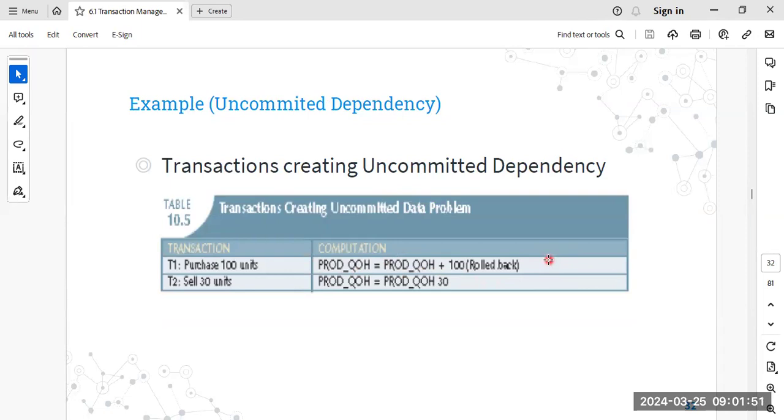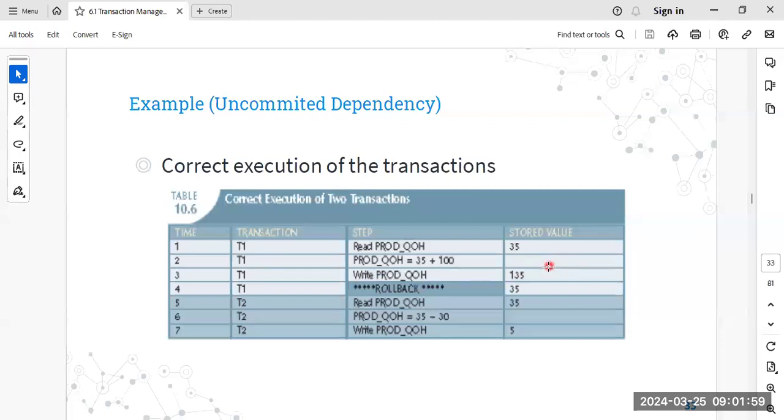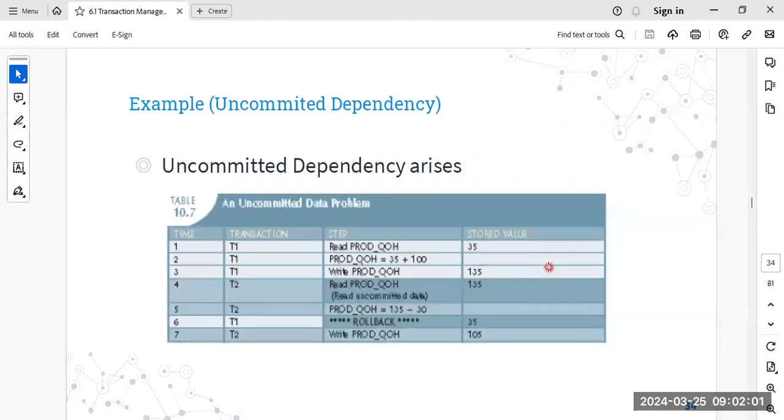Right? Now, here comes transaction 2. It should record or update to 30 units sold. Okay, so let's try to check this. What will happen? In transaction 1, it read the product quantity on hand, which is 35. Then it updated. And after it updates, or actually before it finishes updating,